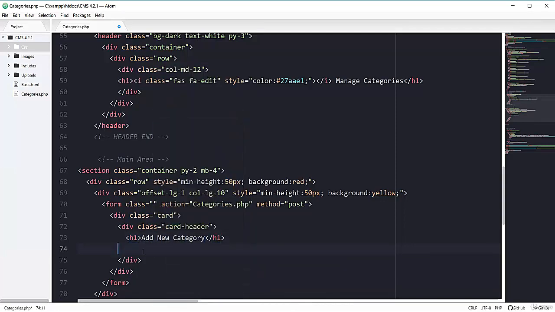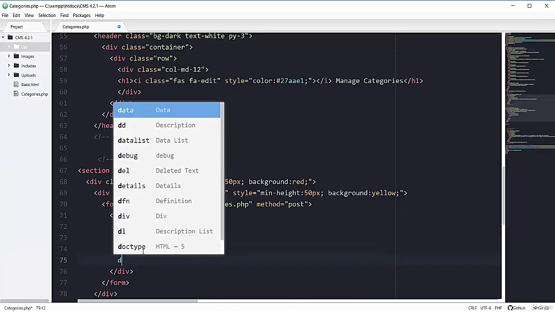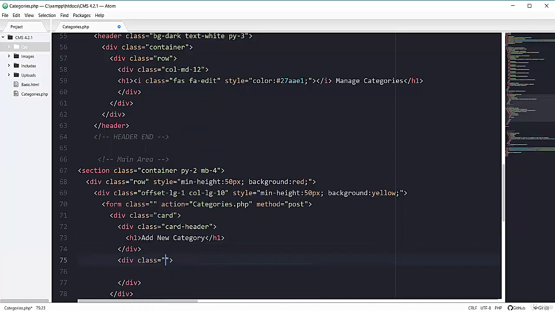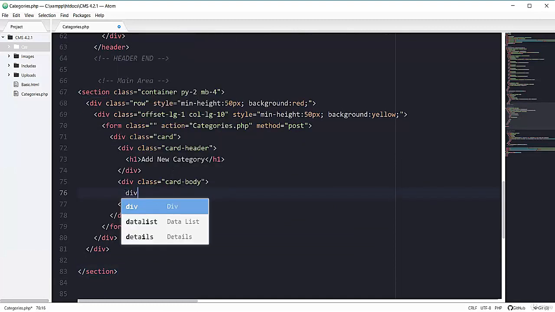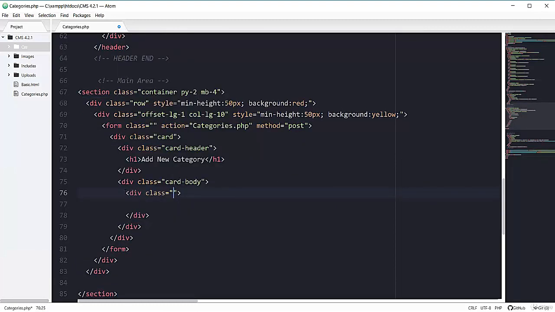Then after the card header div, we will have one more div that will have the bootstrap class of card body, that include all the body part of our card. Now inside this card body we will have our form input field. So adding one div here that will have the bootstrap class of form dash group.